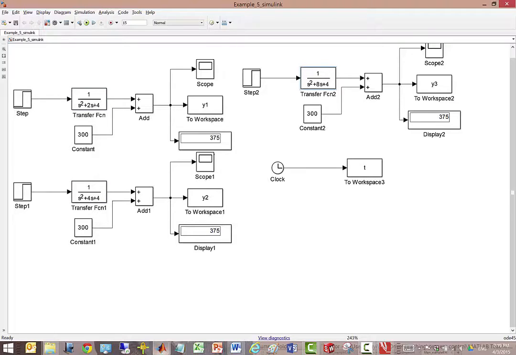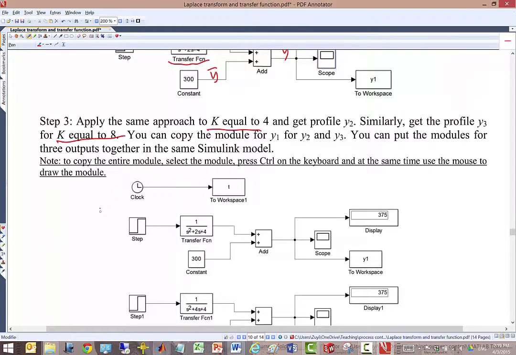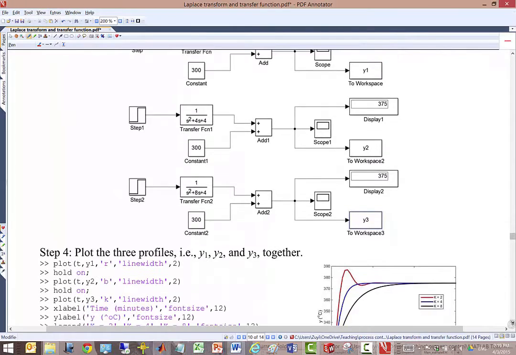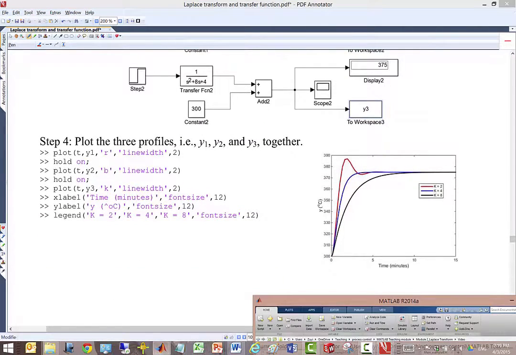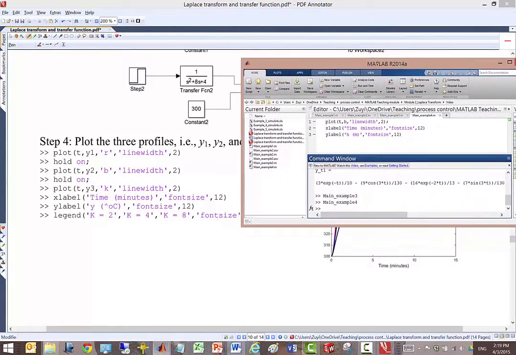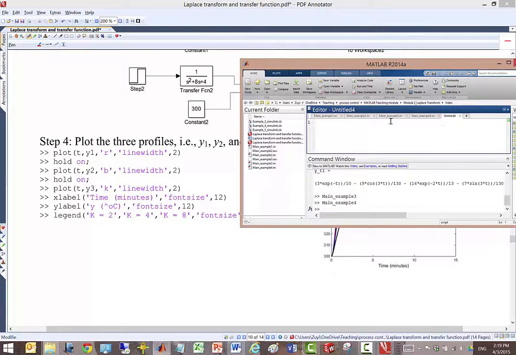Now our job is to plot these 3 profiles together. So this module is already developed. Now we need to plot them together. So we go to the MATLAB desktop. So here we get, since you just press plus, you add a new script. Then just type plot